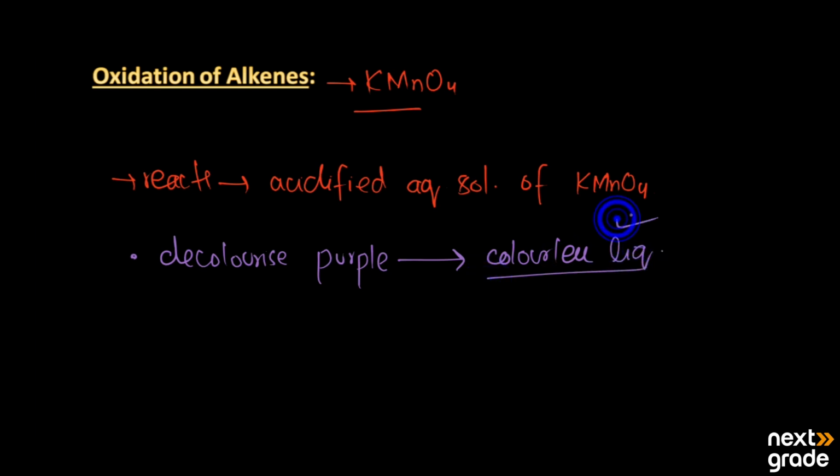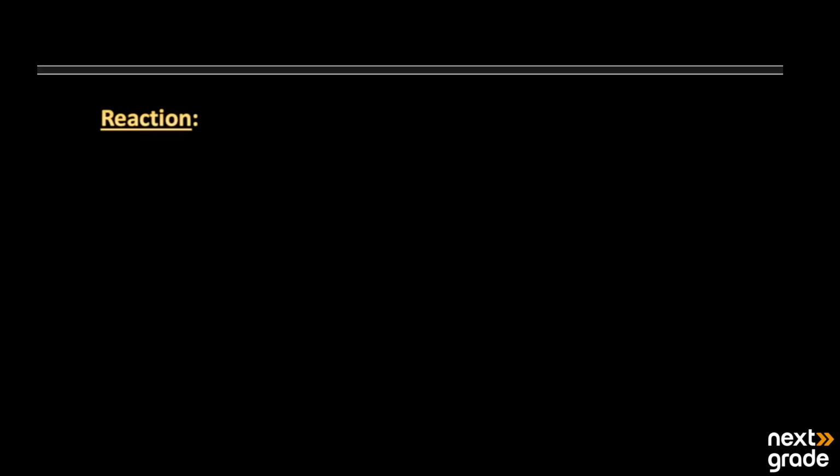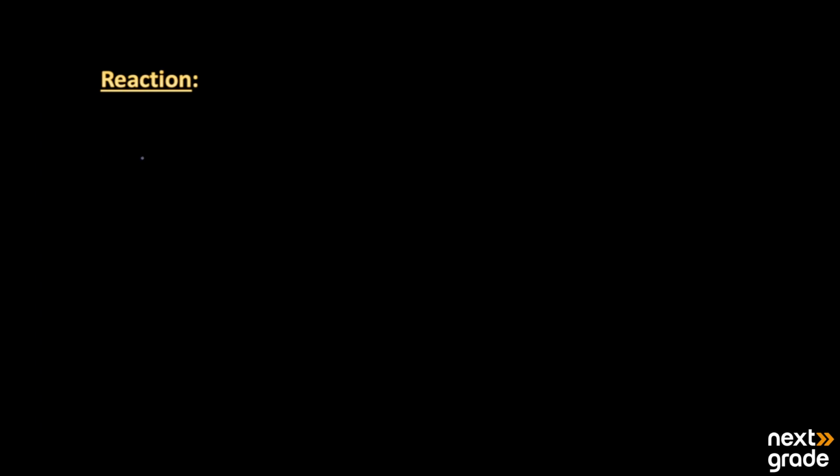So this can also be used for the identification of different substances. Let's have a look at the chemical reaction of the alkenes with KMnO4. If we have a simple alkene, that is ethene, CH2 double bond CH2, and with the addition of potassium permanganate